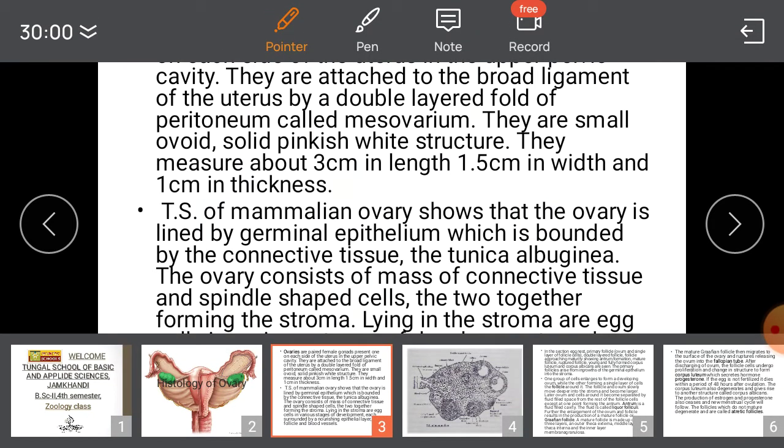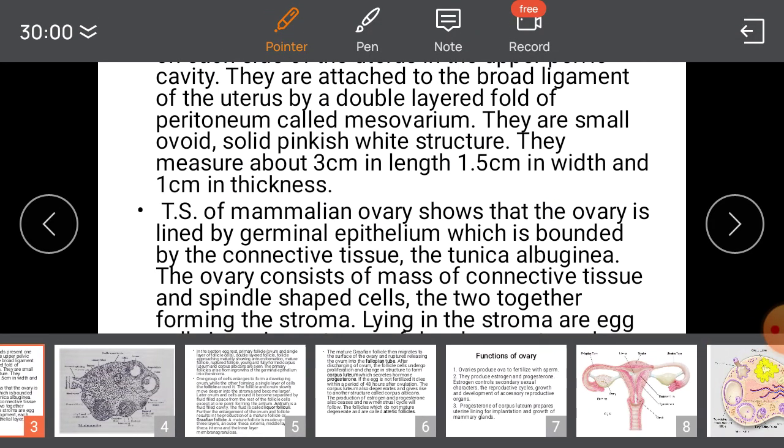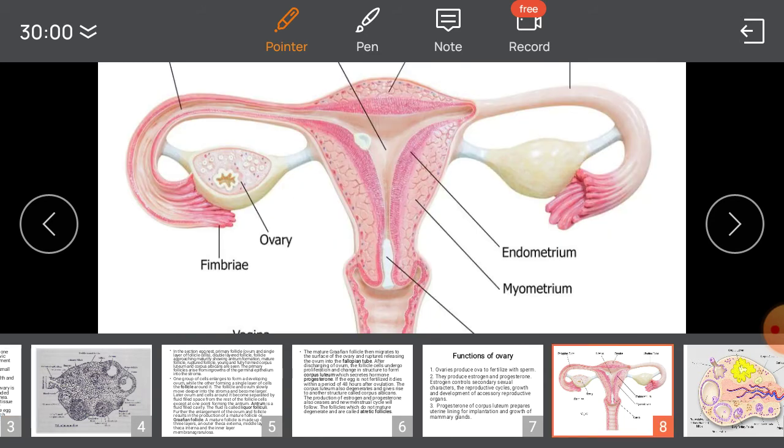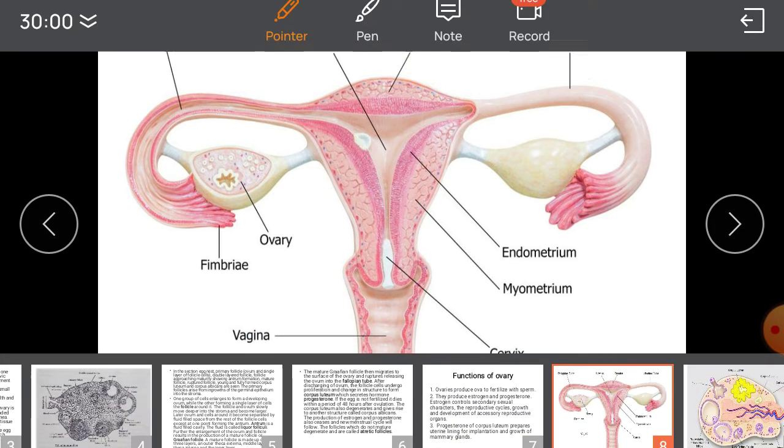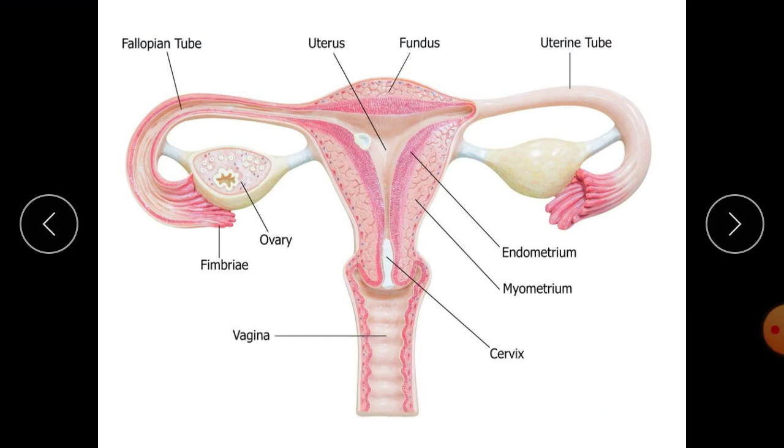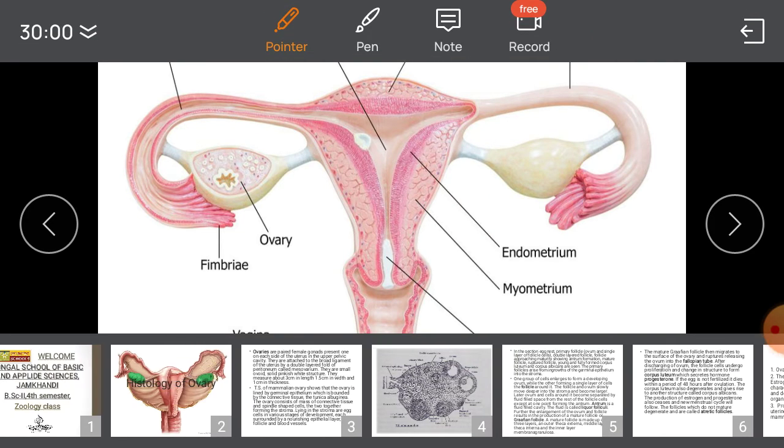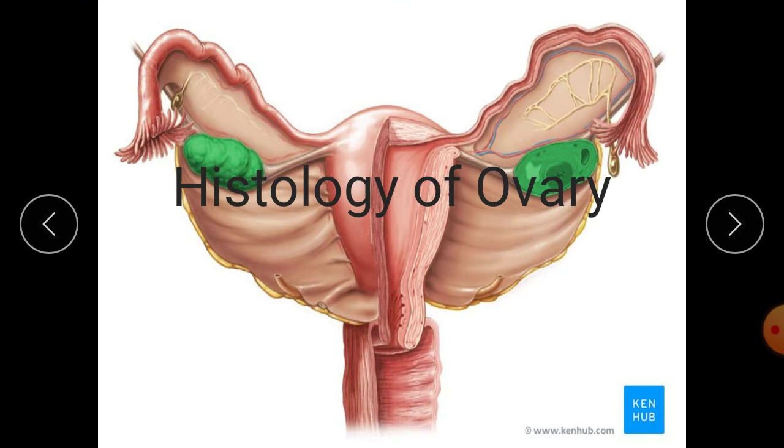One on either side of the uterus, can you see here? This is an ovary and this one is an ovary. These two ovaries are connected to the uterus with the help of a ligament. Along with that, the double folded peritoneal membrane is also there.